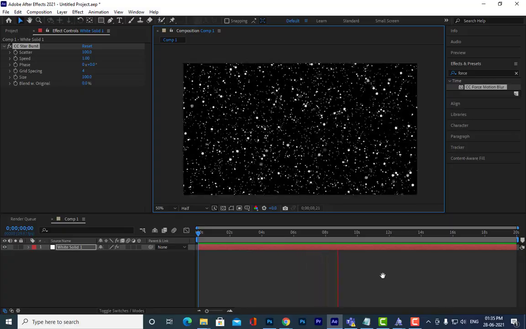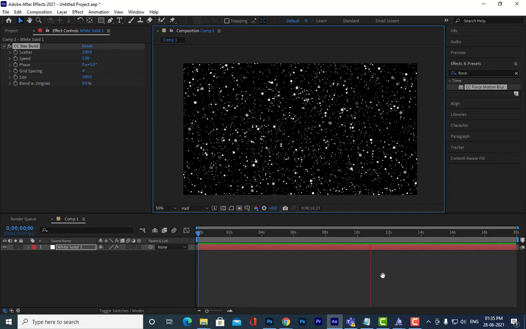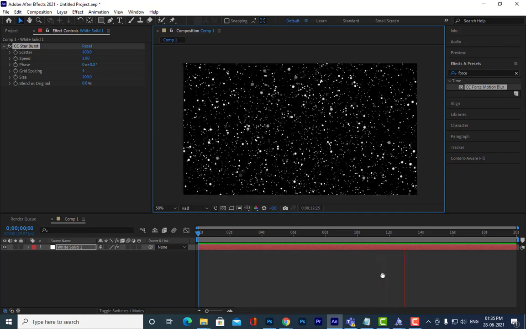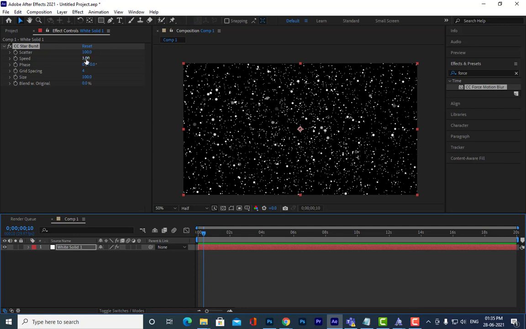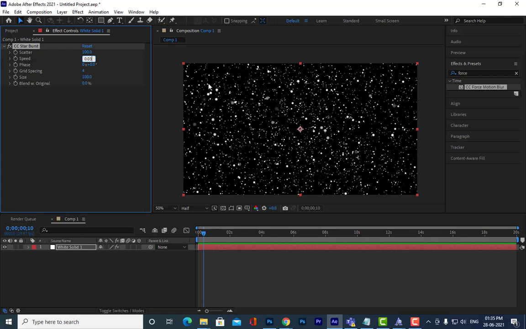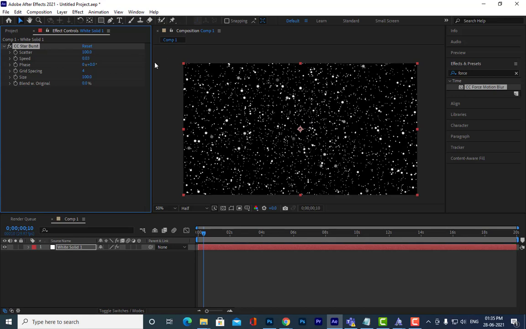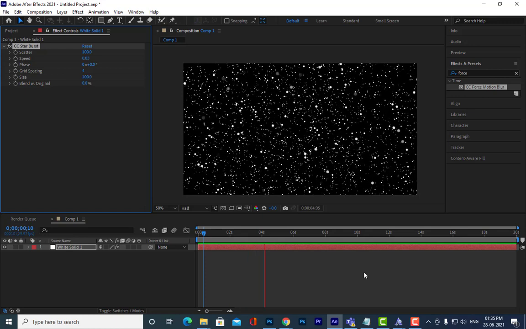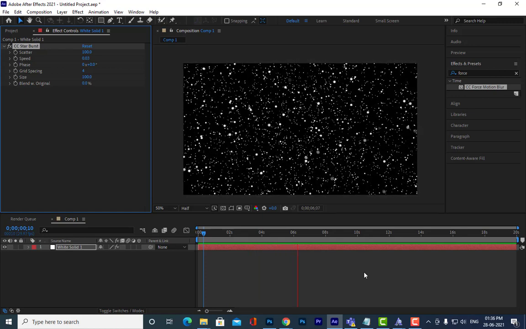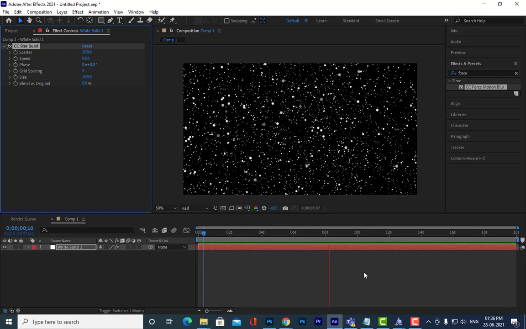So this is something like a star field. What we can do is reduce the speed here to 0.03. See, the speed is now very less, they are all moving very slowly. Are you all able to understand?